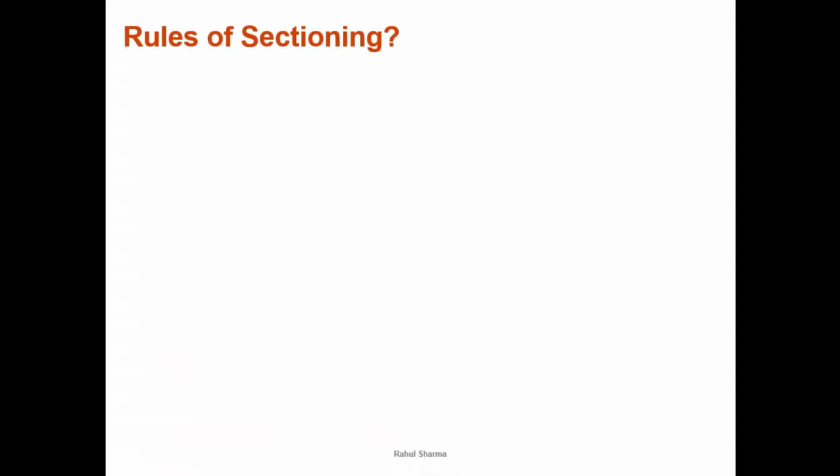Now I want to discuss the rules of sectioning also. This is also important. First, never do sectioning of a web, wedge or rib. Whenever a rib is there, do not make the section or hatching of that. I will discuss it in numericals: what is a web, wedge or rib and why we are not doing the hatching of that.